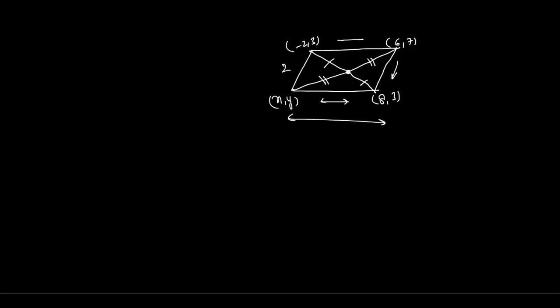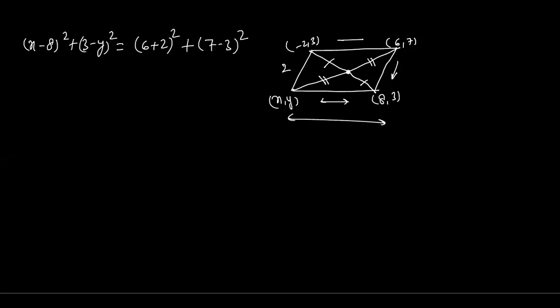So you have to write here that (x minus 8) whole square plus (3 minus y) whole square will be equivalent to (6 minus minus 2, that is 6 plus 2) square plus (7 minus 3) whole square. I'm removing the under root because both the equations are being equated, so I'm cutting the under roots, or squaring on both sides. So you can write like this way.